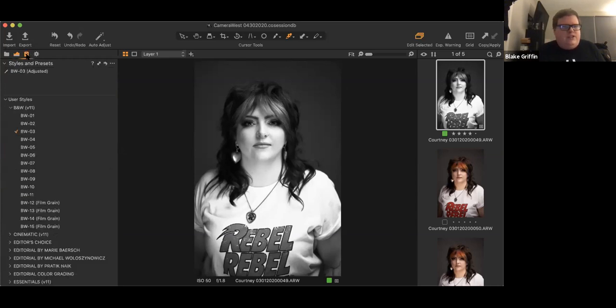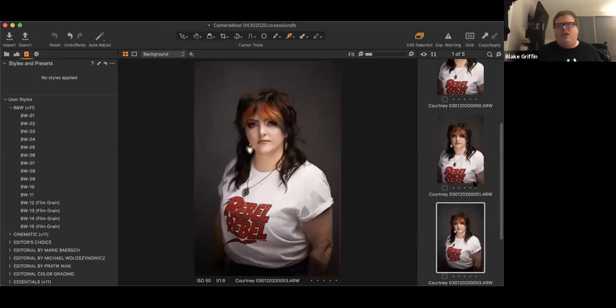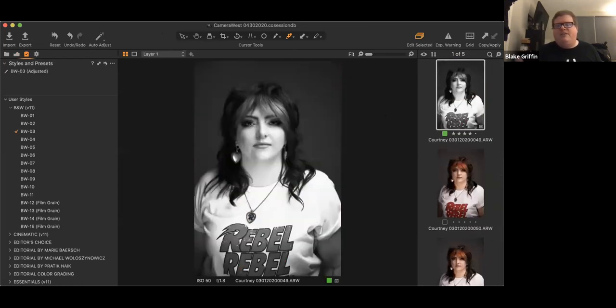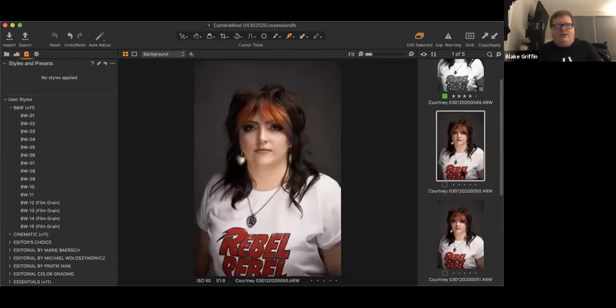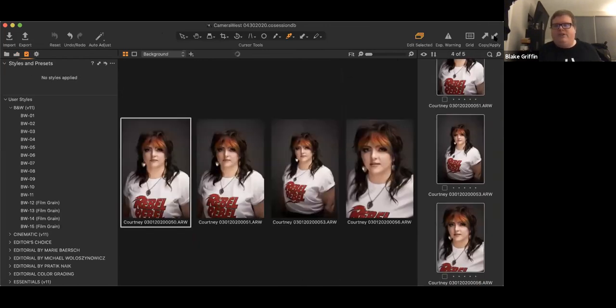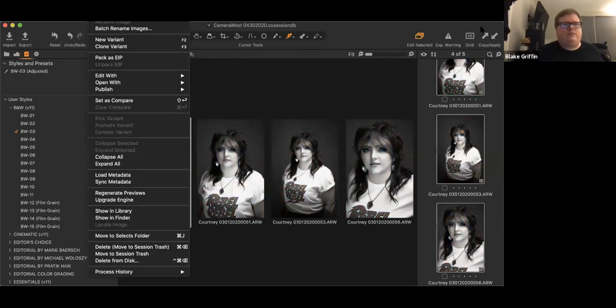All right, so we've applied our style to this image. We've got this image looking about the way that I would like it to be for this case. Now, there's a couple of different ways that you can continue. Of course, you have the ability to edit and change each image as you see fit, but there is another easier way. If you want all of your images to look uniform and apply the same uniform changes, you can hit the copy button in the upper right-hand corner, and then you can either select multiple images and then hit apply, and it will apply that same look across images. Or